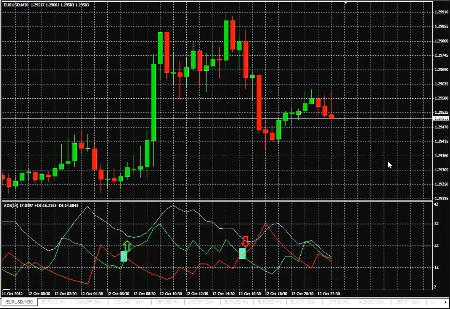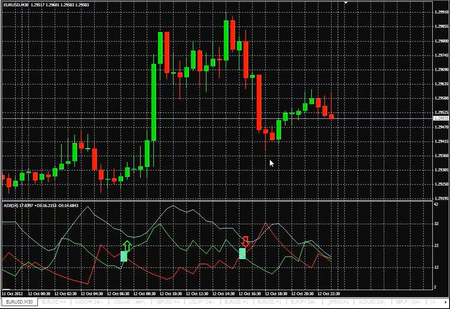What I want to show you is how we can have a simple, clean chart, and how we can use price action and a very valuable tool, the average directional index, ADX, to spot profitable trades as intraday